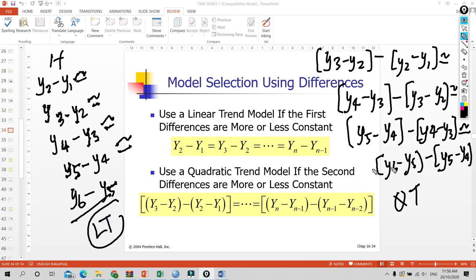So this is how to decide which method to use if you are given a set of data. Okay. Now the next part is